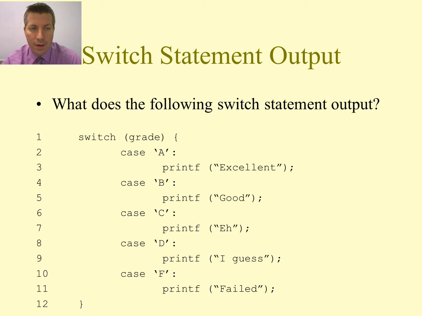So if the value of the variable that was passed in was a capital A, it's going to print out excellent, right? This is easy to figure out. If it's a capital B, it'll print out good, capital C, A, capital D, I guess, and capital F, failed. If it is any other value like a capital E, capital J, M, Z, any of the other characters, then